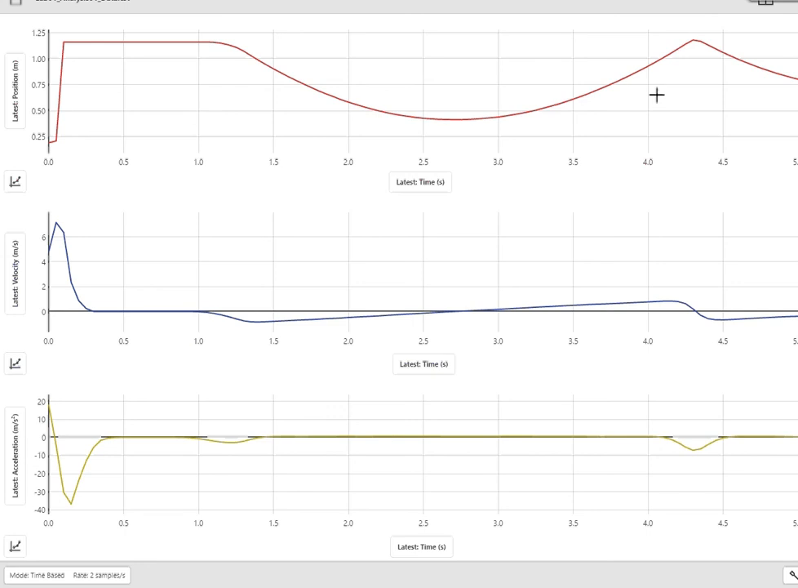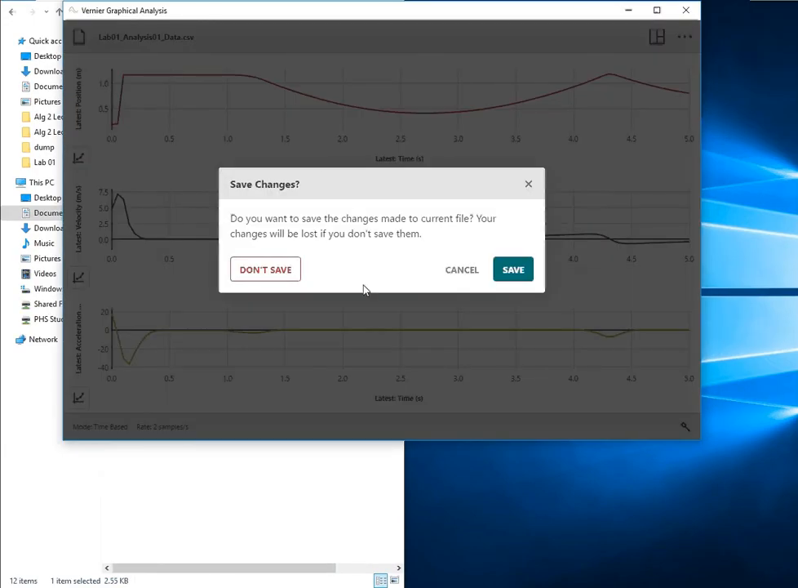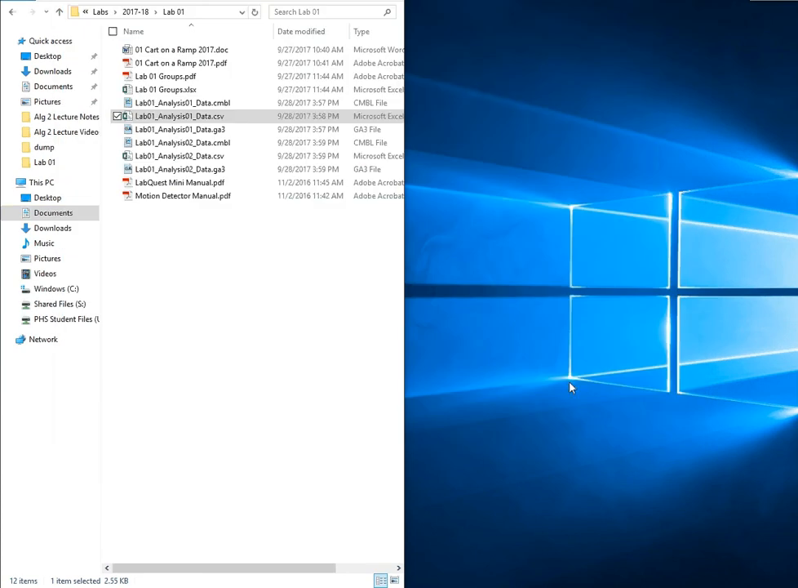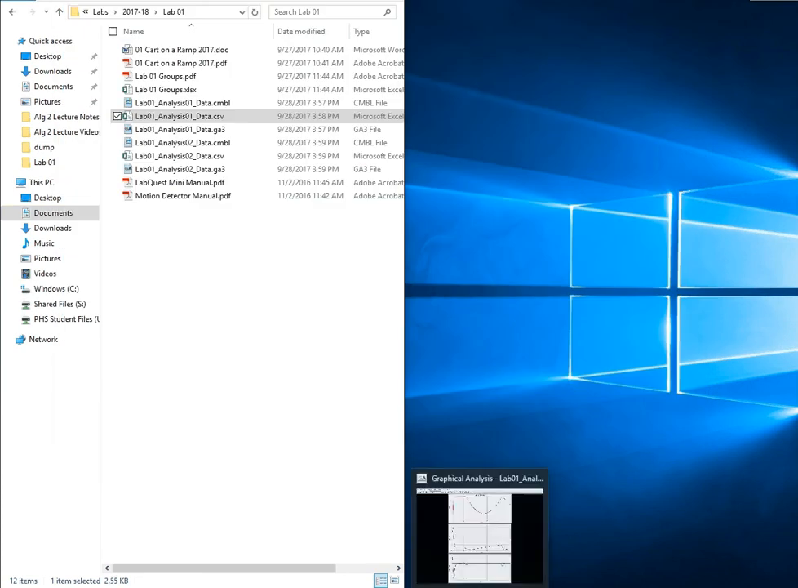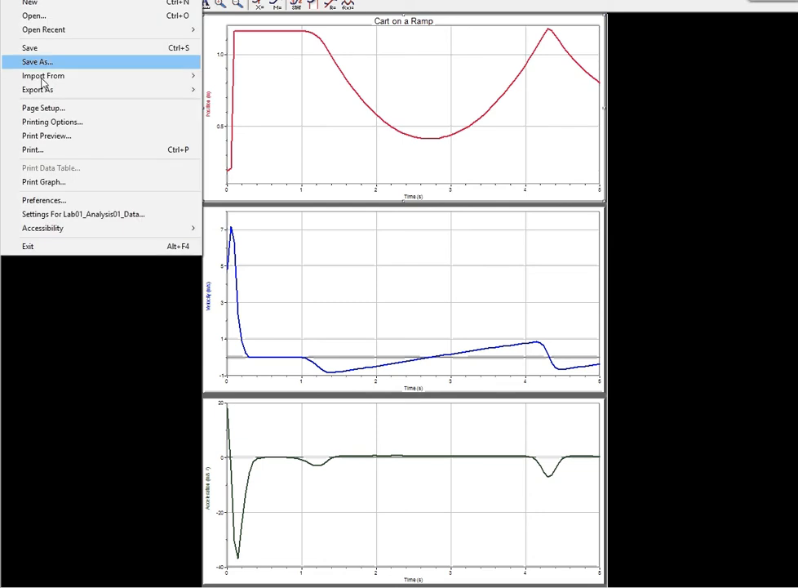Okay, makes sense? Okay, so that's Graphical Analysis 4. Now, what about Graphical Analysis 3? That's the one that you can download at home. Graphical Analysis 3, I think, is easier to use in many ways. Let's go ahead and